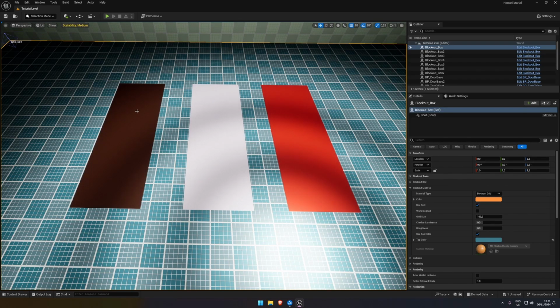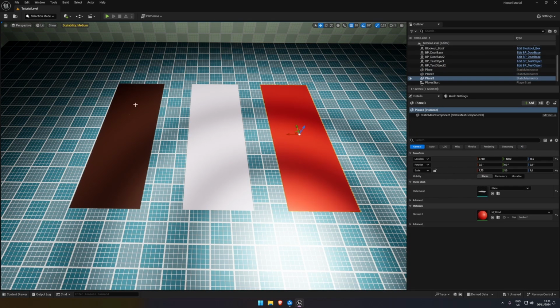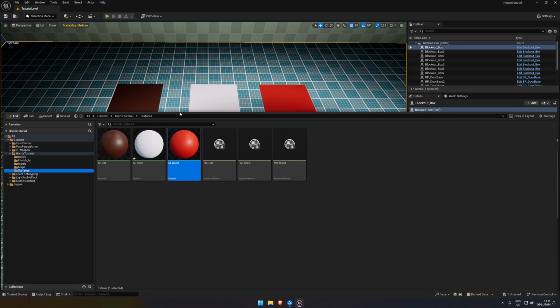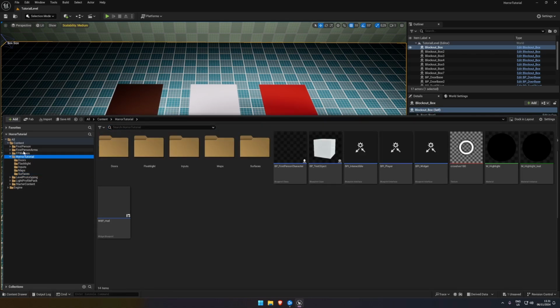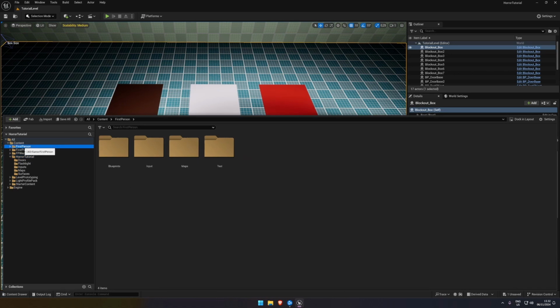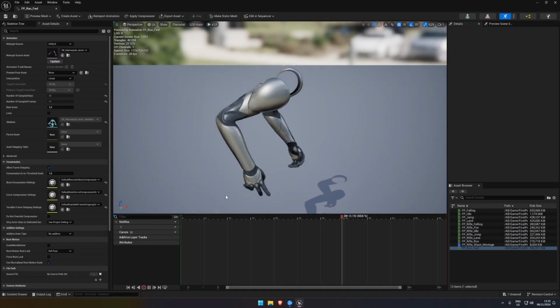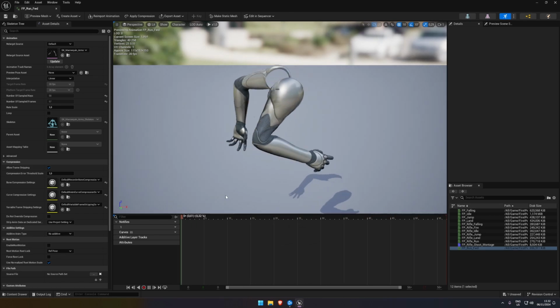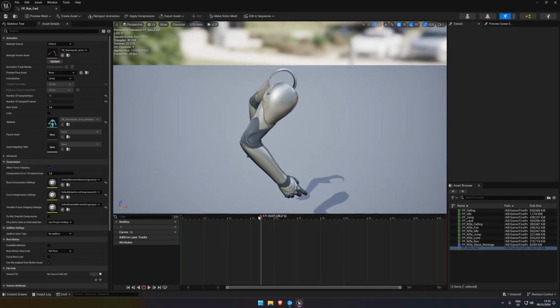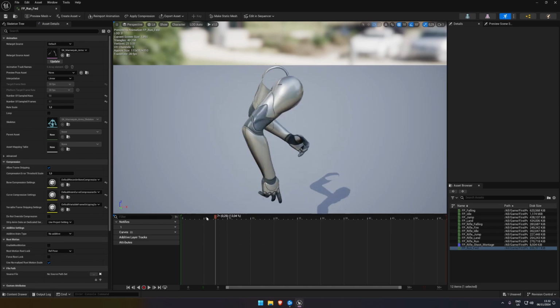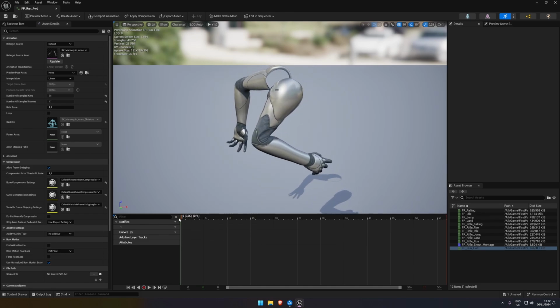But how do we now have footsteps that will detect these different areas and play the sound based on that? The way we're going to do this is, first of all, because I'm using the first person template, we're going to go into the first person, where is it? The arms, animation, and run forward, because even though we're not running, if we're walking, the animation uses this. We want to say,